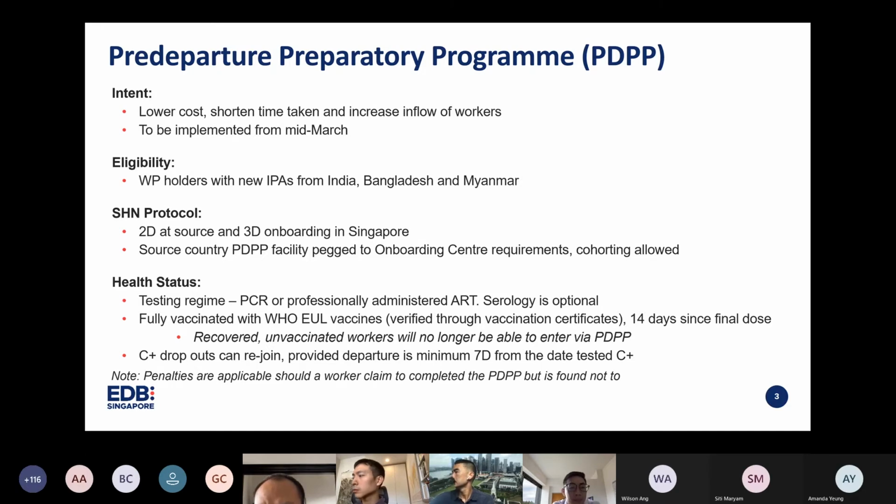The PDPP is something that we started from mid-March, and as I mentioned earlier, in terms of eligibility, it is for work permit holders with new IPAs from India, Bangladesh, and Myanmar. So for the SHN protocol, the first thing is that as part of the PDPP program, they will have to do a 2-day source country SHN, and subsequently they will travel to Singapore and do a 3-day onboarding